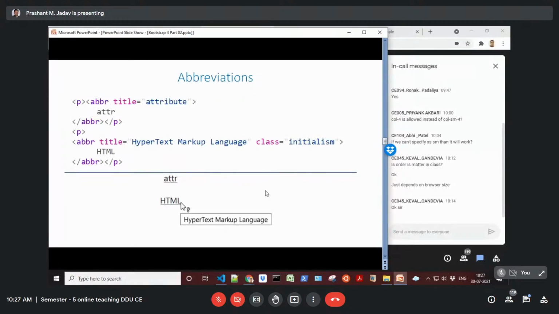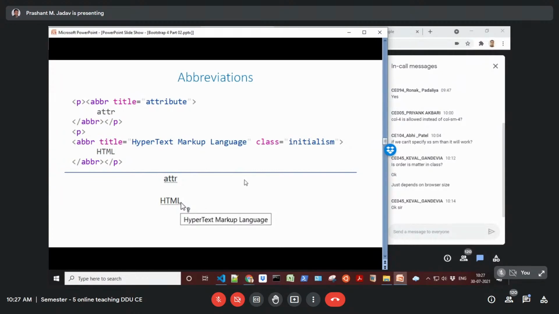Then these are some common classes like abbreviation. When the user places the cursor, it should display the full form of that particular abbreviation. So you can use the abbreviation element within the HTML.